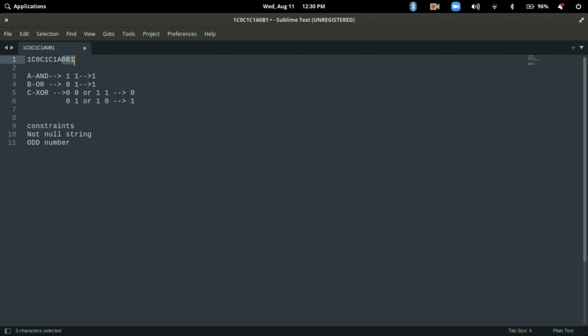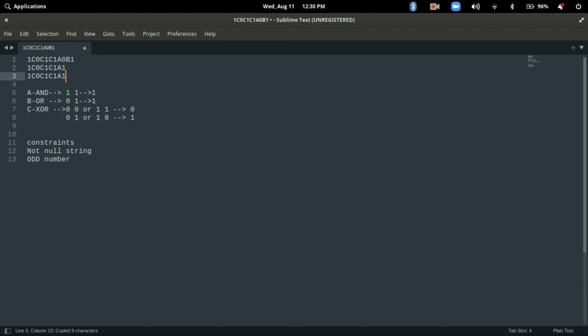So like 0 and 1, B means OR, so OR means it will become 1. Now the next calculation it will do is something like this. It will recalculate this and make 0 B 1 as 1 here. Now the last 3 it will pick up, and this will become 1 and 1, that means AND, so it will become 1.